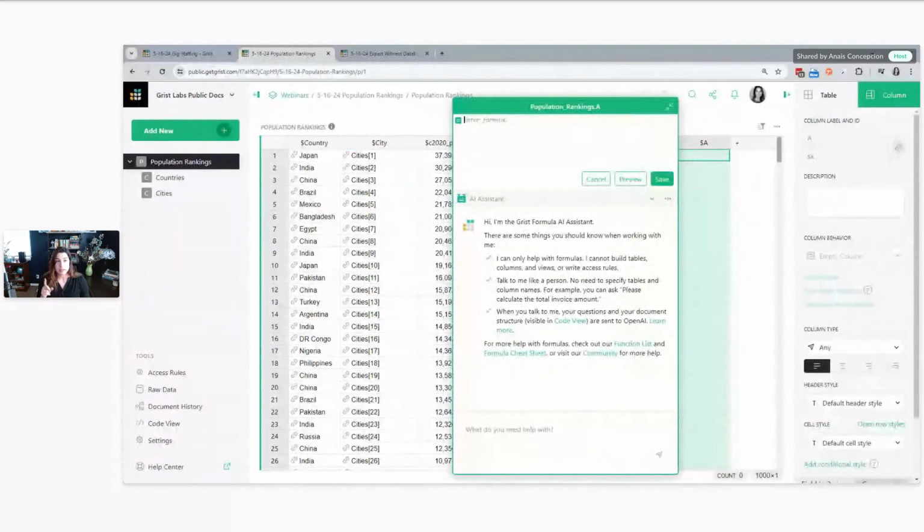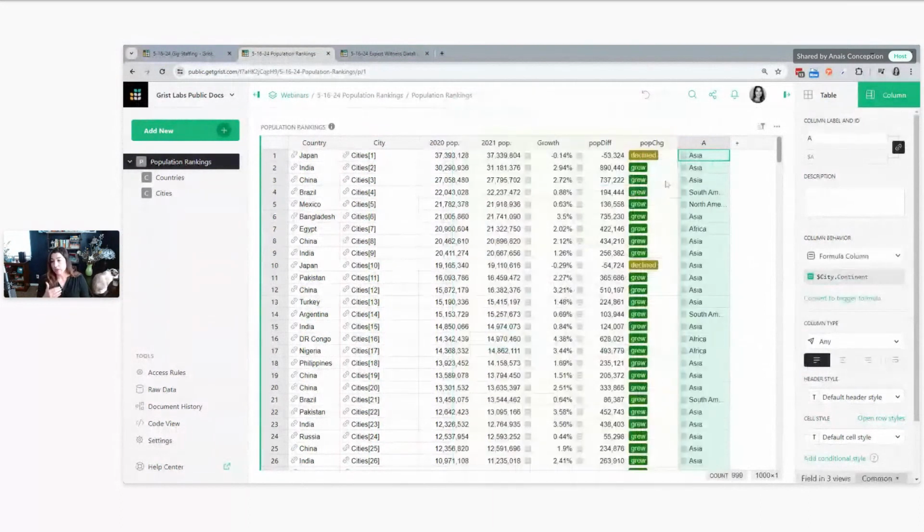So the formula is simply the name of the reference column in this table. So the one that we're in now. So the name of that reference column is city. You can click to insert or start typing and it should autocomplete. Then a period to drill in. And these are all of the fields in that table. Remember, we had continent in that other table, in the cities table. And now when I save that, it's going to pull in the continent